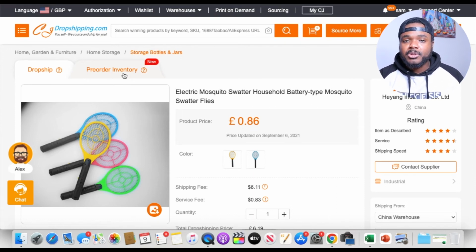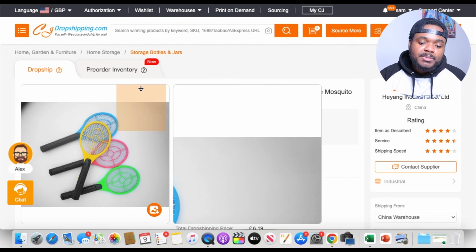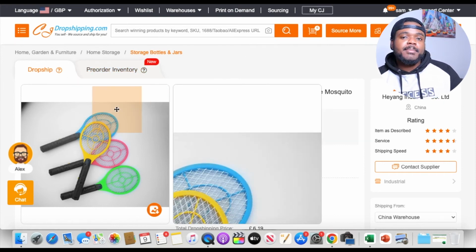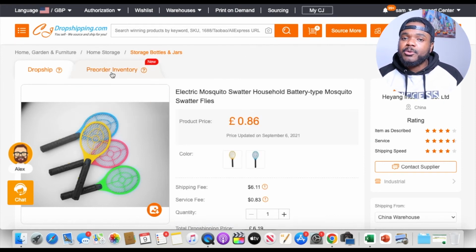But bear in mind, if you did want to use the pre-order inventory option, you're only going to be able to do a minimum order quantity of 100 pieces. So if you don't necessarily want to use the pre-order inventory option and order a minimum of 100 pieces, then the only other option is that you order the products in bulk yourself from a supplier, let's say using Alibaba.com, order the products in bulk to your house, and then you ship out the orders every single time you make a sale. Now, I know that this isn't necessarily drop shipping,